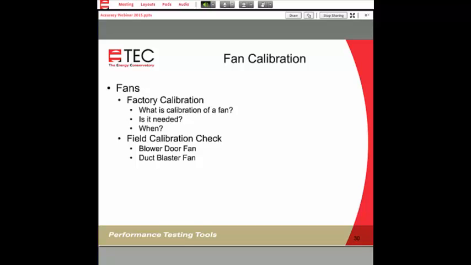Another question. I have two DG700s. One has not been used. Should it be returned every 2 years? Again, kind of going back to the idea that time has an effect. I would still recommend it, but if you're not going to be using it, then you don't need to send it in.